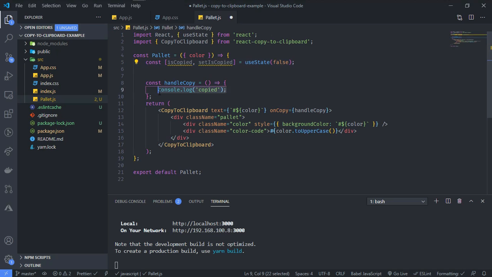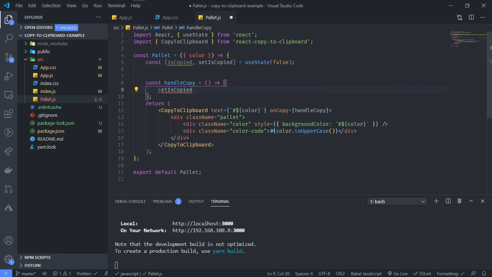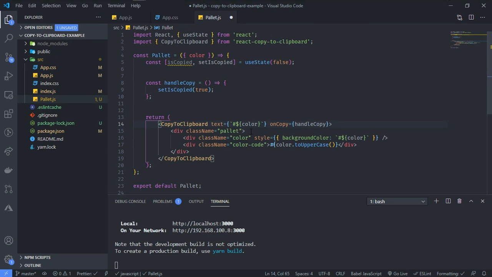So this is going to set isCopied to true. I can now show it inside here, so I'll now remove this, add a closing div,